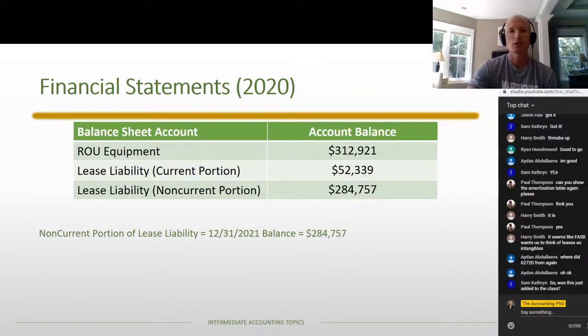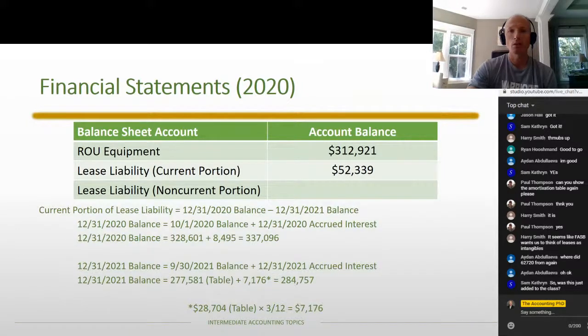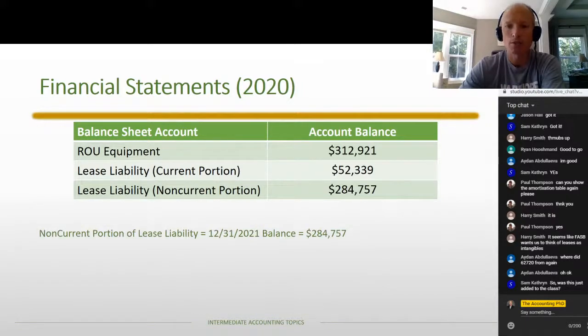And so what does that mean? That means that the current portion is the difference between those two. The $337,096 minus $284,757. So the total current portion would be $52,339, which means the non-current portion would be the